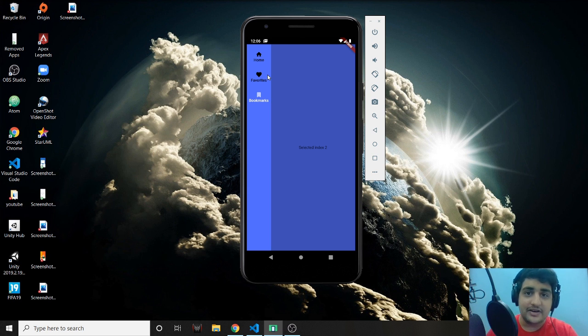But now they have made it, and it's become so much easier to implement. It's basically a matter of 2 minutes to implement this in any application. And you can have a tab view like this. The navigation will be on the left hand side, and you can navigate your pages right from here.